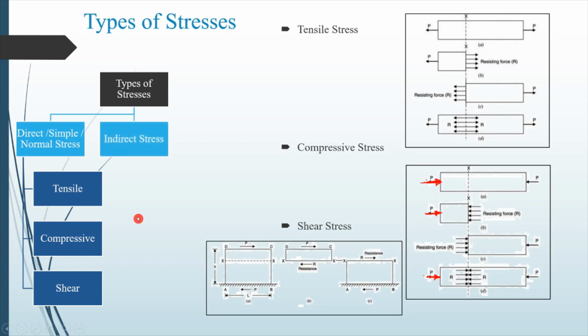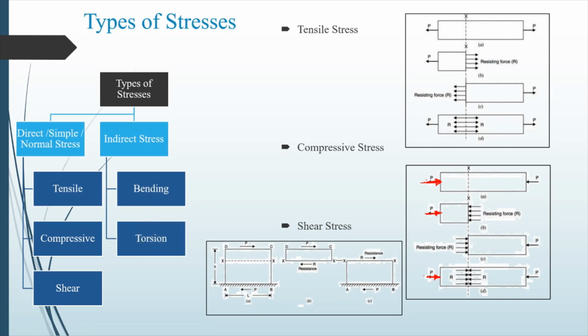Next type of stress is indirect stress. Indirect stress will again be classified into two types, bending and torsion. So bending and torsion will be studied in further parts of this strength of materials syllabus, and I will be focusing on them in detail in those lessons. So here you can remember indirect stresses are bending and torsion. Bending will be trying to bend the component, and torsion will be twisting the component. This much information is sufficient for this lesson.